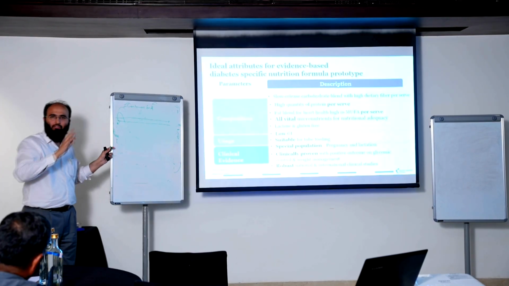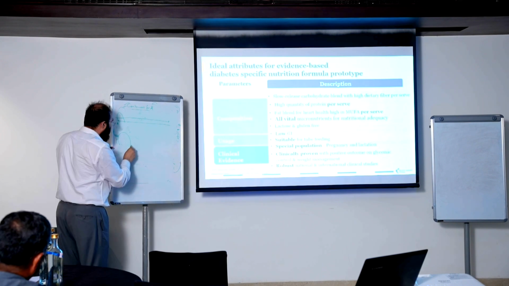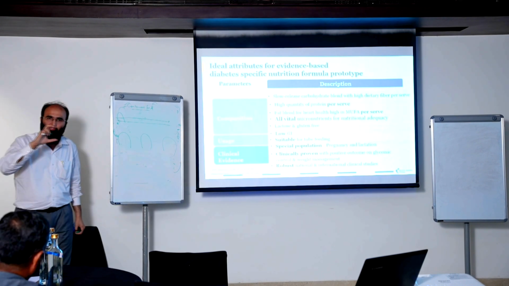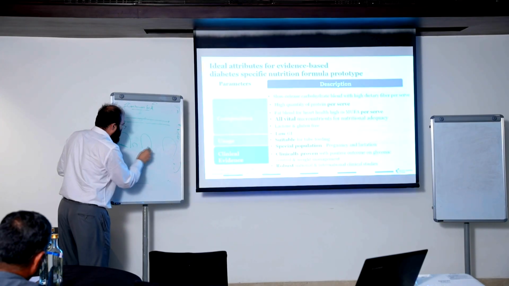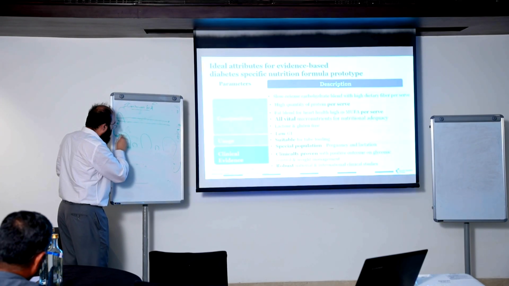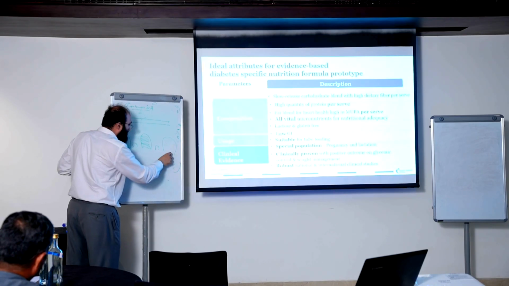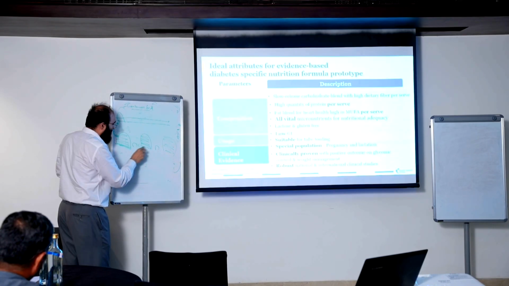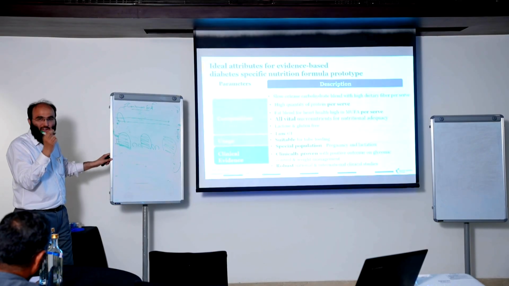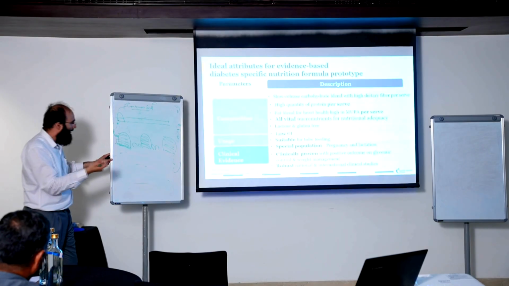Your basal will take care. You tell your dietitian to make 300 calories, okay, three food glasses, whatever. In between, some 50 calories. This should be the main meal, mimicking your breakfast, lunch and dinner. And here they can be small meals, small feeds of around 50 calories like that.